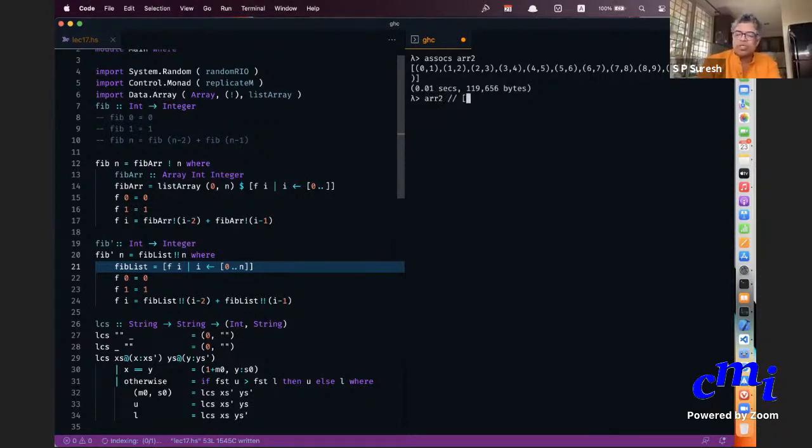What is the association list I use? I say I, comma I plus 10. I store the value I plus 10 in index I for any indices.